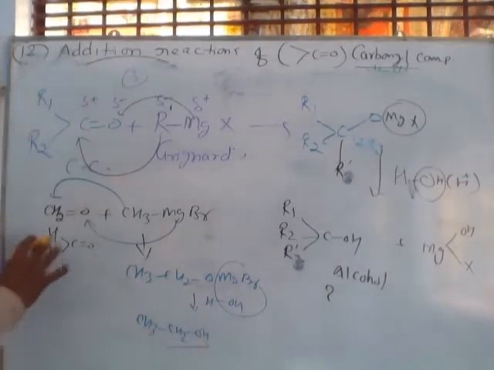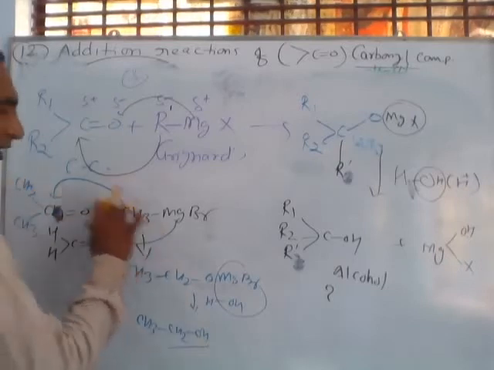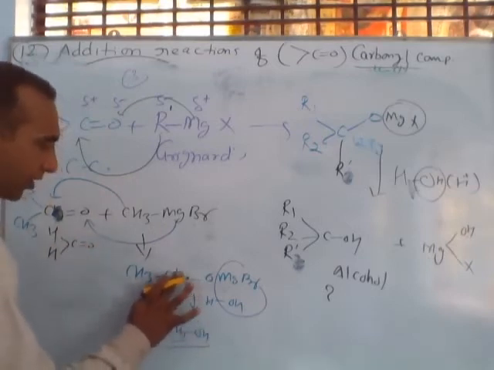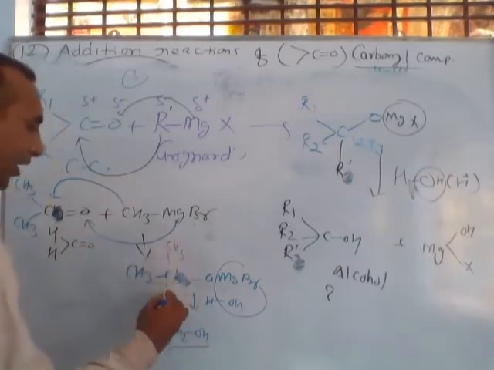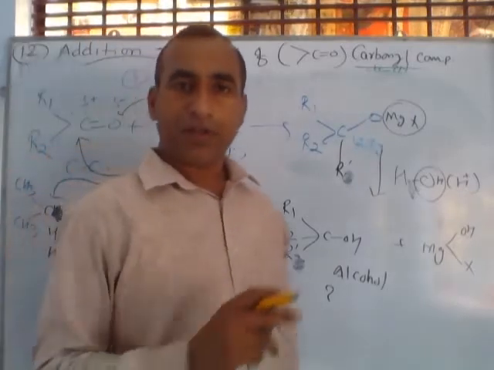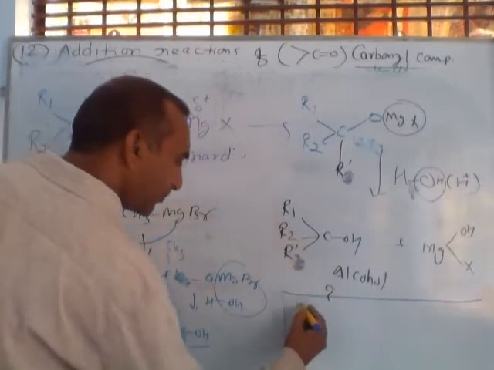Now a question for you, if I am taking this type of compound, this is called ketone, and here CH3, then what will form? Here both hydrogens will be replaced by CH3, and after the reaction, tertiary alcohol. Tertiary alcohol means the alcohol in which 3 beta carbons are present. Tertiary alcohol will be present. And a question for you, if